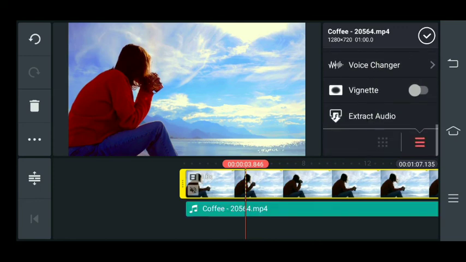Audio, as the name suggests, extracts the audio out of your video, and that audio clip you can see on my screen. It is Coffee 2504 MP4. If you select that audio, we can make changes in the equalizer part of it. All these aspects of audio related information I'm going to cover in my next tutorial. I hope all the aspects of media are covered here. Please do try them and see if it's working for you.